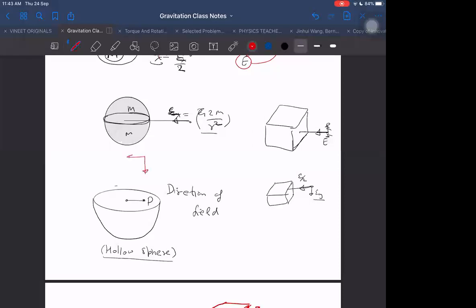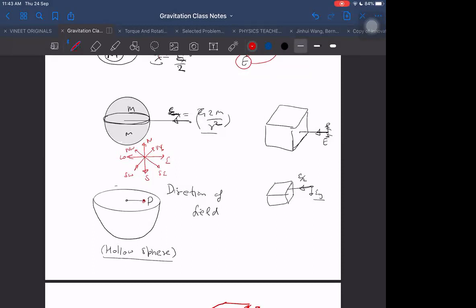This side, this side, this side, this side. Let us consider it like north, south, east, west. So you tell me in that way: north, south, east, west, southwest, southeast, northeast, northwest. In between which sides will it be, south and west? At P point, which side will the field be?